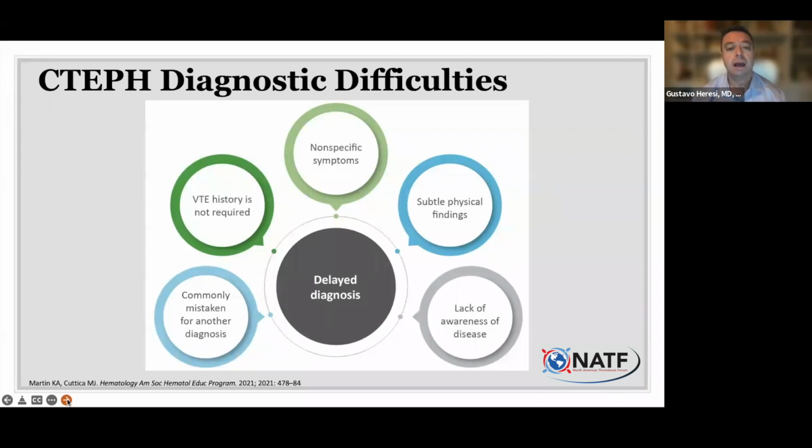And this is why people like Anjali and myself, we would always think about CTEPH in three patient populations, in three groups. One is anybody with pulmonary hypertension. If you have a diagnosis of pulmonary hypertension, you need to think and ask your doctor about some of the testing that we're going to discuss in a minute. Second is anybody with shortness of breath who had a history of a clot in the past. And finally, quite frankly, anybody with shortness of breath where there is no obvious reason, we like to look for this condition because it's often not picked up by regular testing.